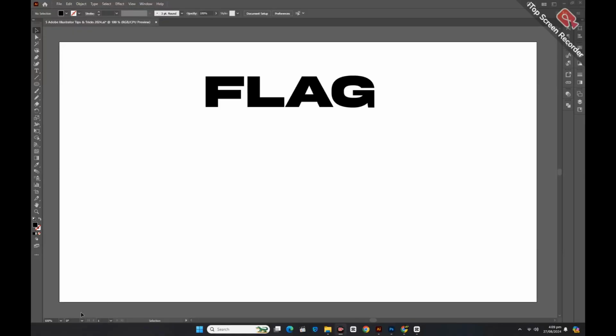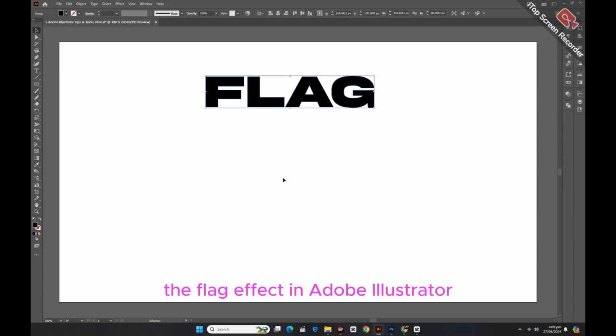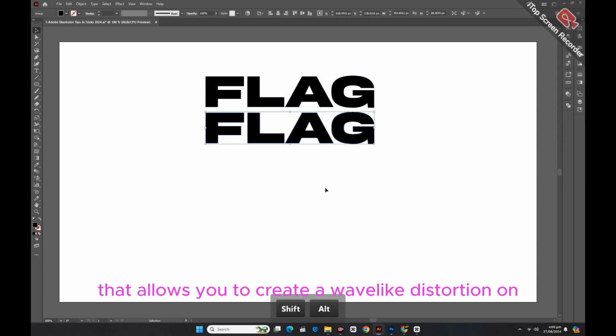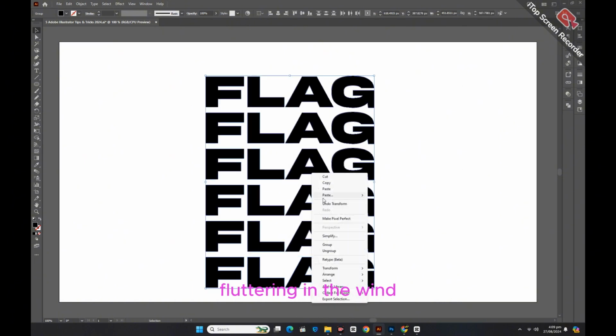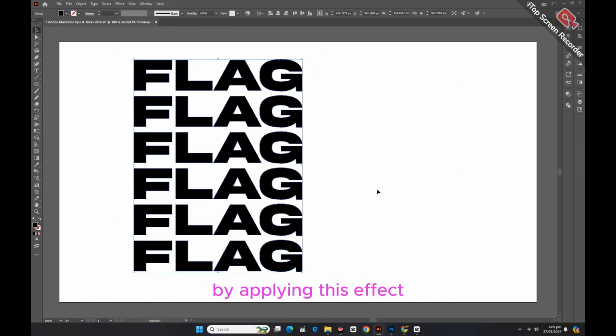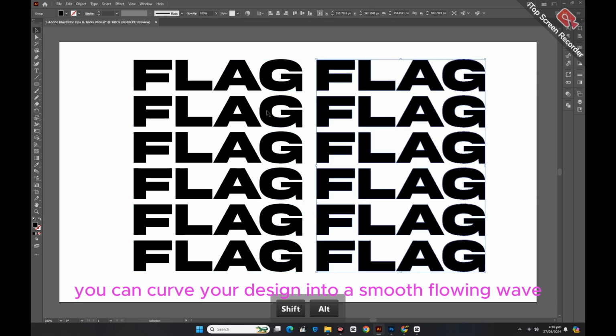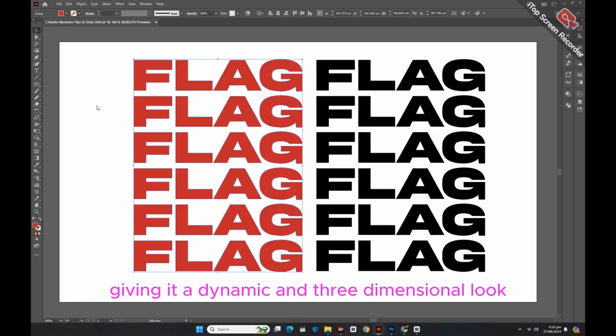Flag effect. The flag effect in Adobe Illustrator is a warp tool that allows you to create a wave-like distortion on objects or text, mimicking the appearance of a flag fluttering in the wind. By applying this effect, you can curve your design into a smooth, flowing wave, giving it a dynamic and three-dimensional